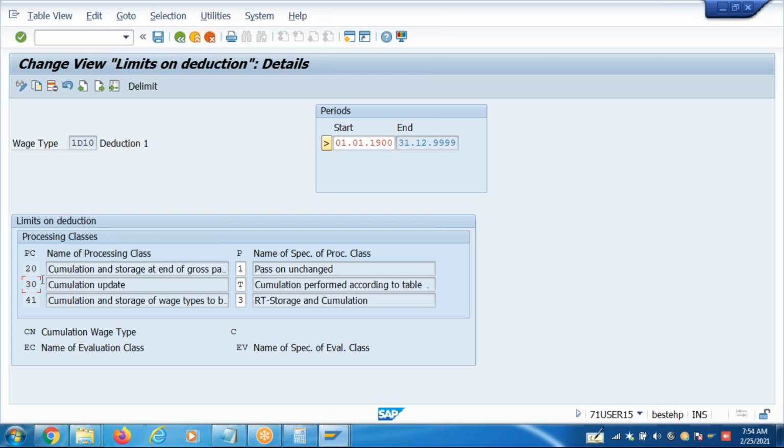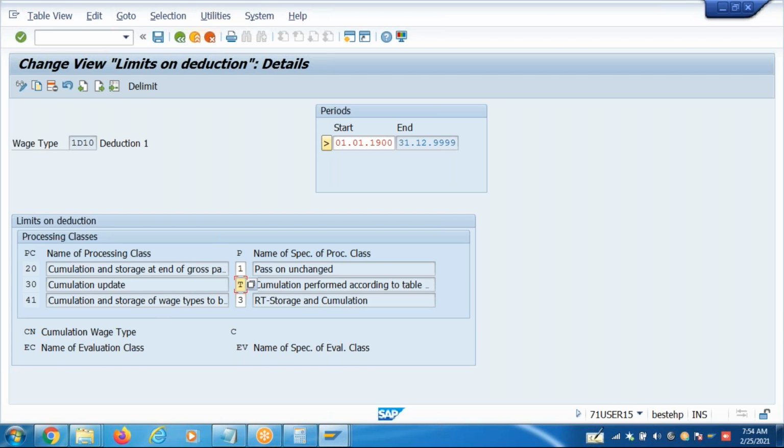Now, why are we updating the deductions in CRT? If the limit is an annual limit, you will apply the limit on the cumulated figure, right? CRT plus IT value, right? So if you have to apply an annual limit or cumulative period limits, you have to have these deductions stored in the CRT table, for that accumulation time.